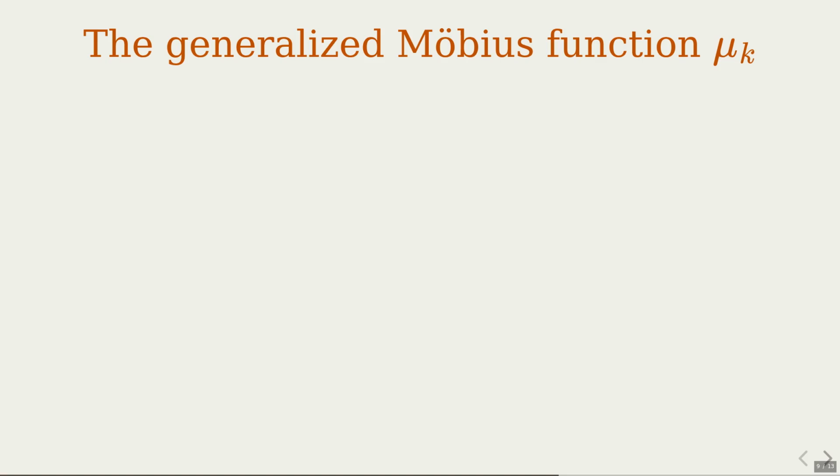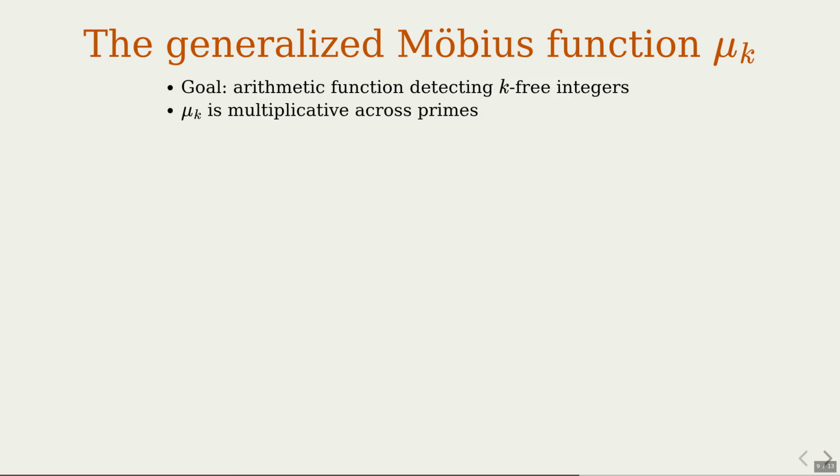So far, we have used the usual Möbius function. Now we build a version tailored to k-free numbers. So mu k should play the same role for k-free numbers that mu played for square-free numbers. We look for a function mu k such that a simple divisor sum built from it tells us whether n is k-free. Just like the classical Möbius function, this generalized version is multiplicative, so we only need to define it